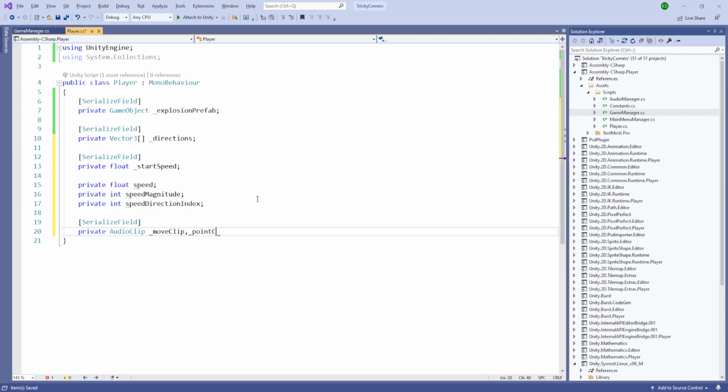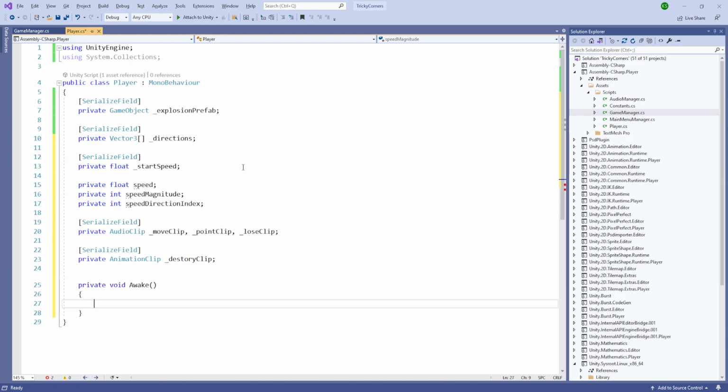We can call it whatever we like, so the next is going to be pointClip, and the final one is going to be loseClip, and the last one is going to be a private AnimationClip. It's going to be the destroyClip,